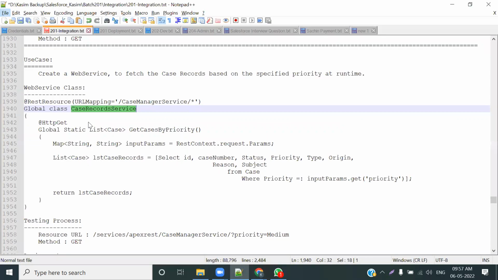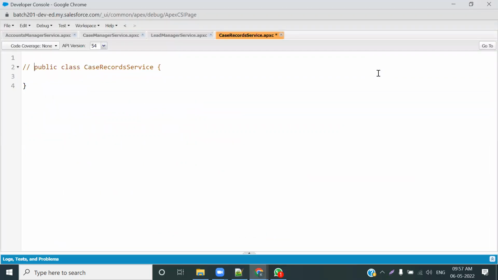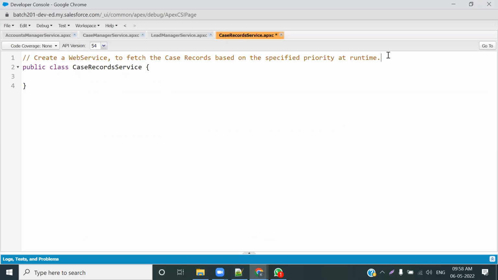So this we are creating for this particular use case. And the user is going to give the value of priority at runtime, and we require to fetch all of those case records with the specified priority. Okay. So let's make this class a web service, and for that